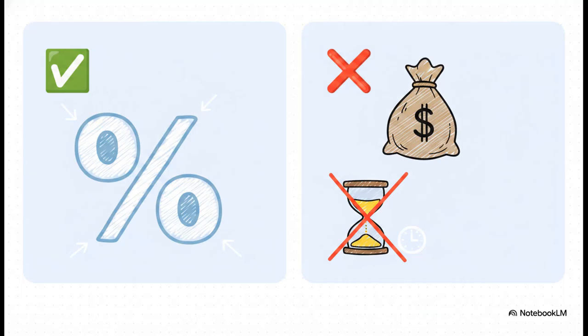Section 5. Common practical issues. So, what goes wrong? Here is a very clear look at the do's and don'ts to help you avoid frequent, painful errors. Do claim only the interest component of the EMI. An incredibly common mistake taxpayers make is attempting to claim the entire loan repayment, both principal and interest, under this section. Do not claim the principal amount under Section 129. It will get flagged. Also, do carefully track the 8-year time limit starting from the initial tax year of repayment. Do not attempt to stretch this deduction into year 9 or 10, even if the loan tenure itself is 15 years. The law is incredibly rigid on that 8-year maximum cap.